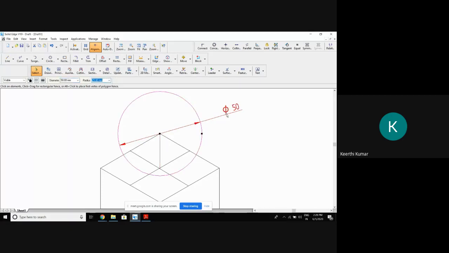Whatever the diameter given, if it is given 60, then this will be equal to 30 into 0.8164. Then the circle will be 60. Once it is understood, carefully here. Sir, should the diameter be 50 or should the radius be 50 in the question? The diameter of the sphere is 50, he has given.